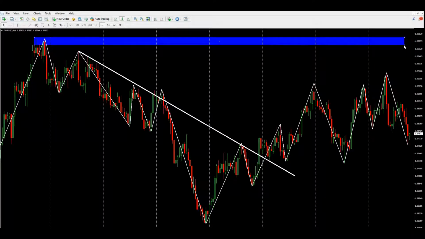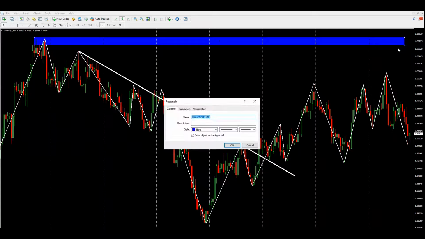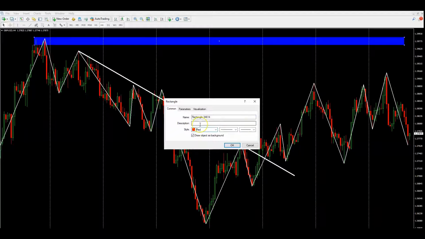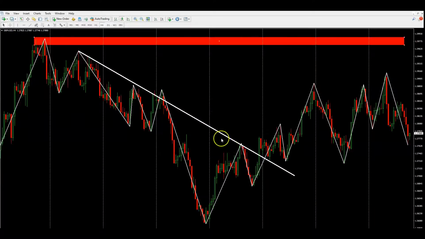I'm going to double click on the end of this rectangle, and then I'm going to right click so I can go inside of my rectangle properties. And what I'm going to do is change this blue to bloody red. And I'm going to put in the description here, supply. Okay. And since I've had a major rejection from this area here at the bottom, I'm going to do the